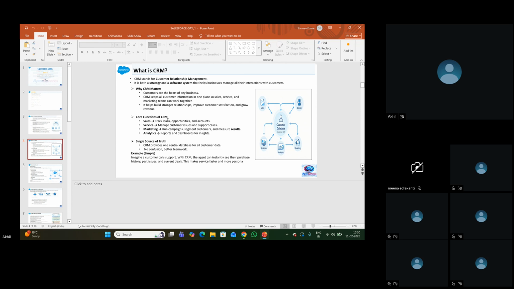Core functionalities of CRM. As I said, Salesforce CRM has these applications. Let's assume them as applications: sales, service, marketing, analytics. With the help of the sales application, we can track the sales and opportunities, how many sales we had, and how much revenue we got from the customer.